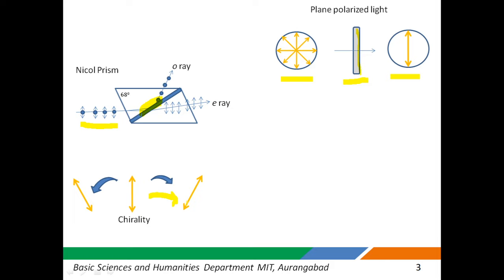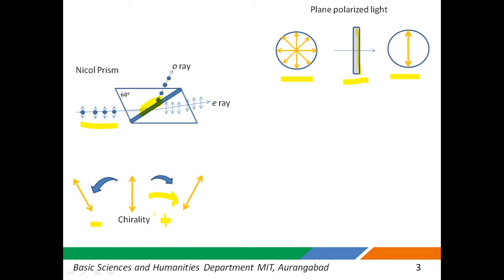So these type of substances are called dextrorotatory substances, and we have a plus sign before the angle of rotation, while the mirror image counterpart rotating in a counterclockwise manner is termed levorotatory, and it will have a negative symbol in front of the angle. So the prefixes dextro and levo come from the Latin words dexter meaning right and laevus for left.